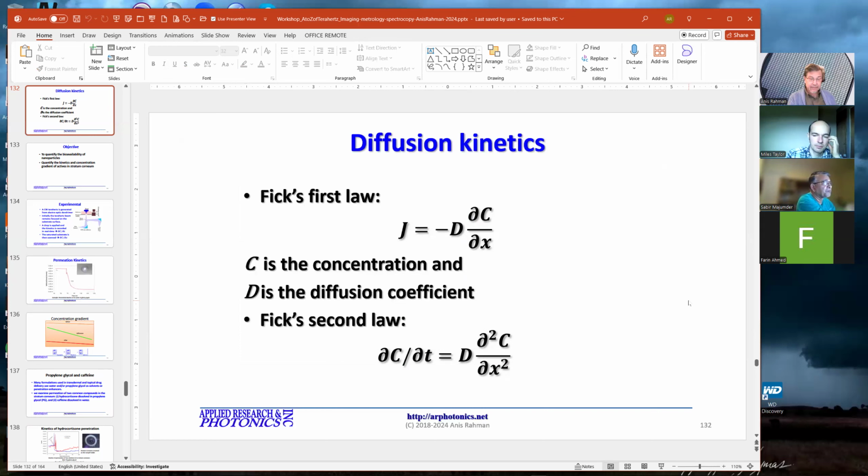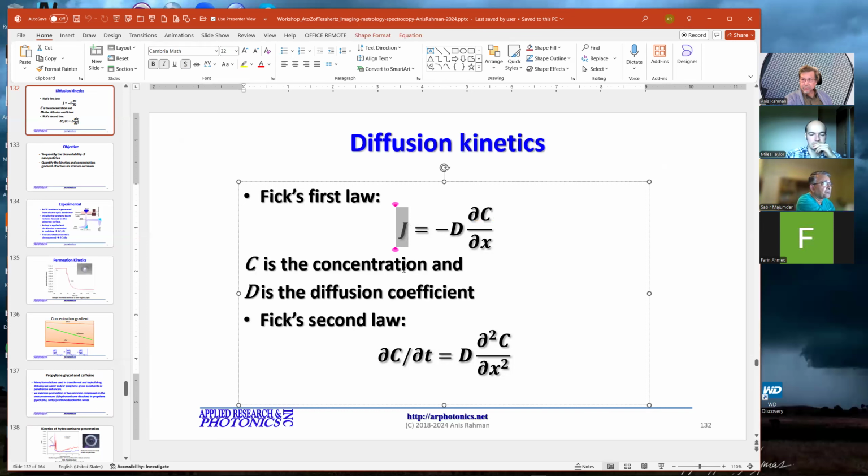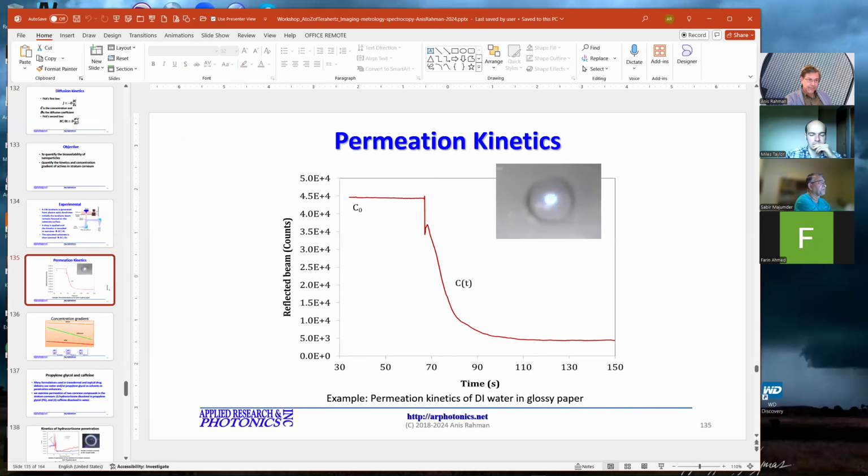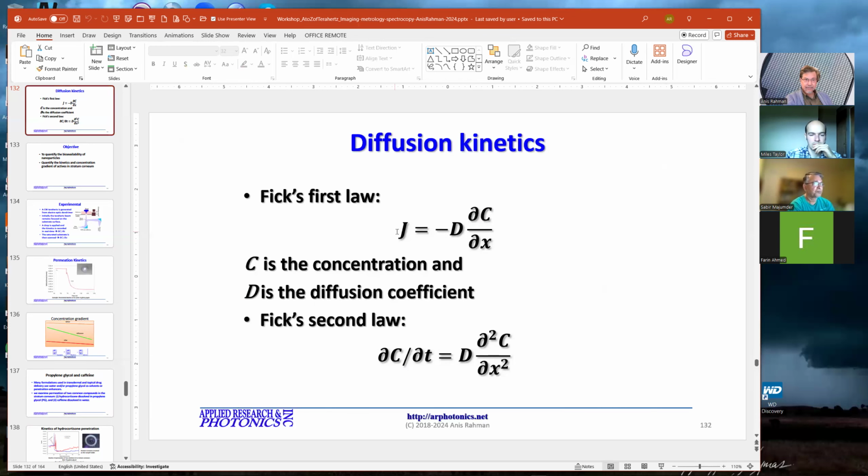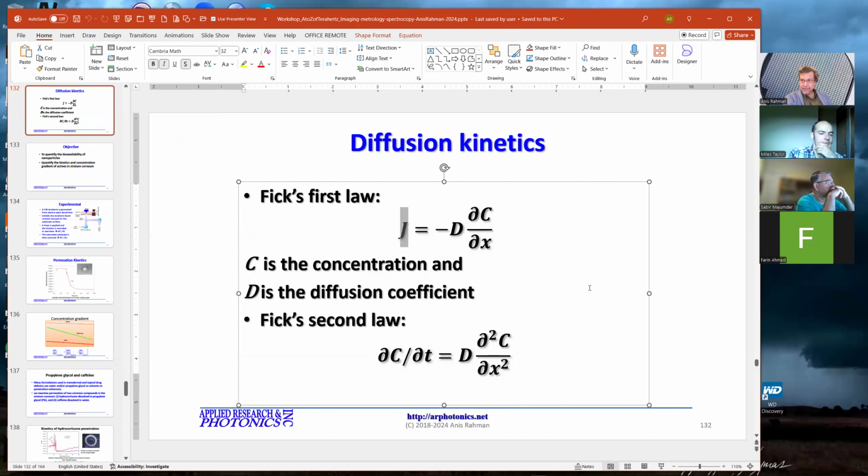But that said, the diffusion coefficient can be easily calculated. J is the concentration itself, right? How many molecules I'm putting in there. So think about this experiment. Let's say you put 100 microliter of solution, and you know the concentration. Therefore, from Avogadro's law, you know how many atoms are applied here. So that's the J, the flux per unit area. And we're measuring this dx. So D is readily calculated,